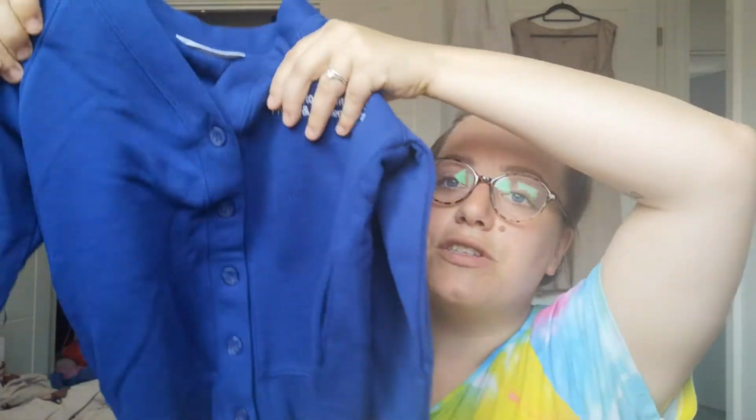She has also got her cardigans, so she's got school cardigans. Just cover up the logo. So she's got 2 of these. One's currently in the wash because she's decided to wear it. But yeah, so they've got 2 of these,